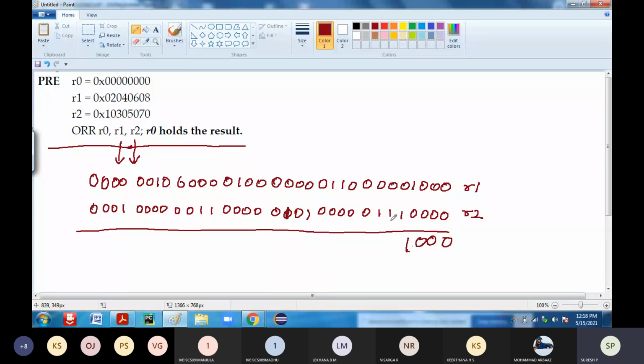Okay. So next again, 0 or 1 is 1, 0 or 1 is 1, 0 or 1 is 1, 0 or 0 is 0, 0 or 0 is again 0, 1 or 0 is 1, 1 or 0 is 1, 0 or 0 is 0, again 0 or 1 is 1, 0 or 0 is 0, 0 or 1 is 1, 0 or 0 is 0, 0 or 0 is 0, 0 or 0 is 0, 0 or 1 is 1, 0 or 0 is 0, again it will be 1, 1, 0, 0, 0, 1, 0, 0,